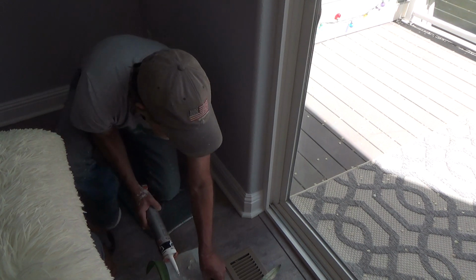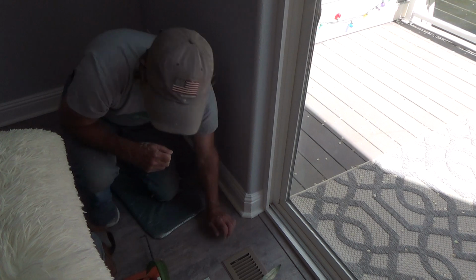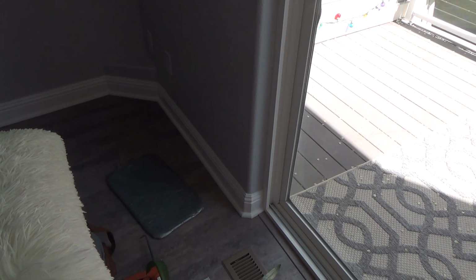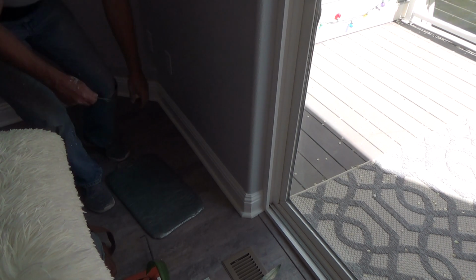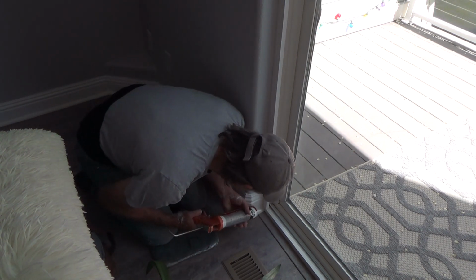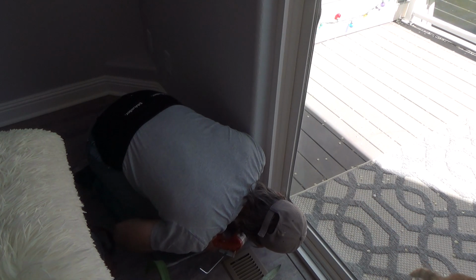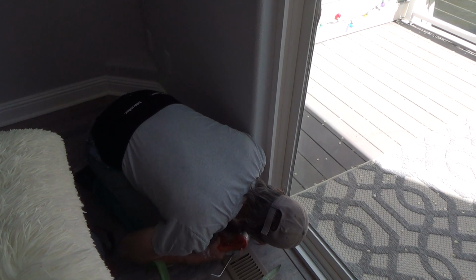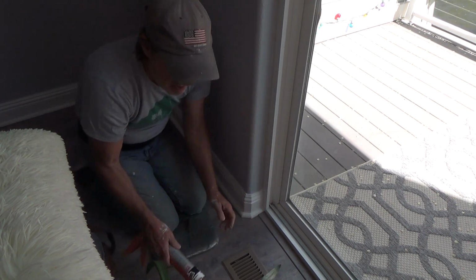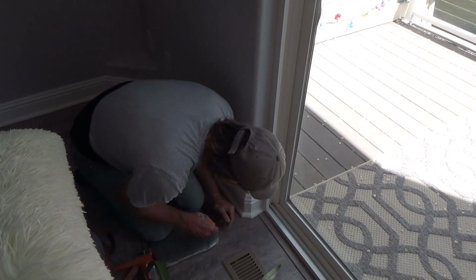Now I can go back. And this one looks pretty tight along that inside edge, but it still has a black line, because whenever you put trim up and it's wiped, wherever it touches, it's going to show a black line, no matter what. No matter what. Because I have a small tip, I'm going to look down there, and I'm not going to go all the way down to the floor. I'm going to try to be up above the floor just a little, and